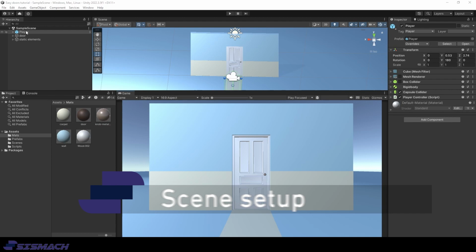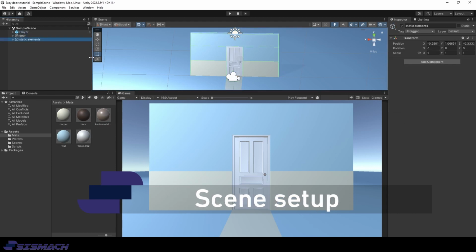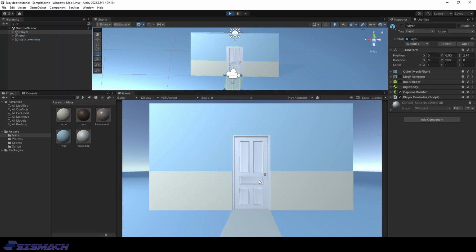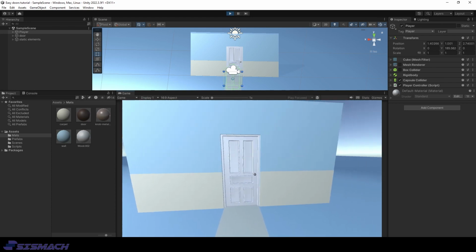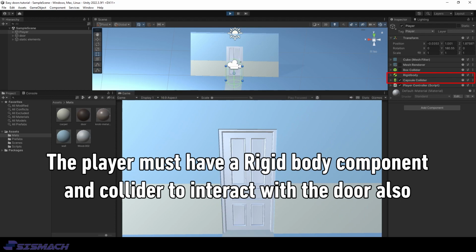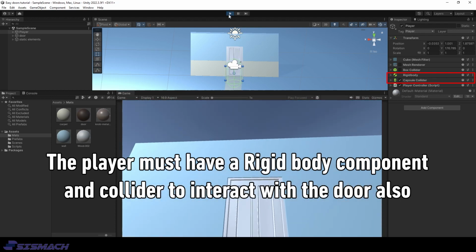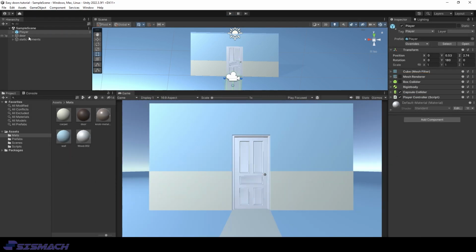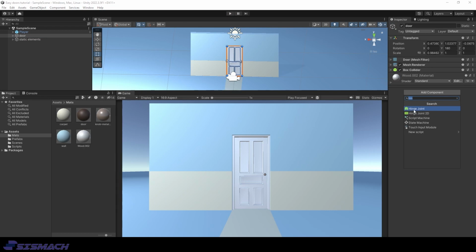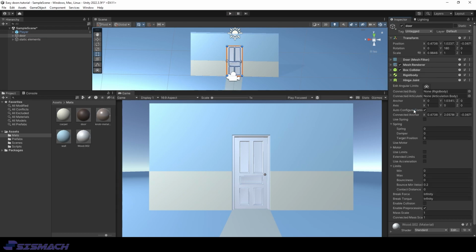As you can see here, I have a very simple scene with a player, a door and some scene elements. If I try to go through the door, it won't work because it's not ready yet, but we're going to make it work. So first I'm going to need just one component. It's called hinge joint, and with that I'm going to be able to interact with the door using physics that are in Unity,